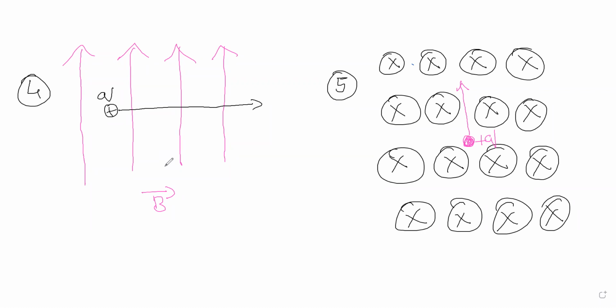So the answer is, if you look at the palm, it's towards me. The field is towards me. It's out of your screen. That's the force. The force direction is out of the screen. So this is outward. F_m is outward here. If you use your palm upwards, the fingers are upwards, and thumb in the direction of the movement of the charge. This is the V bar. This is what is provided to you. And the movement is towards you. So that's the fourth one.